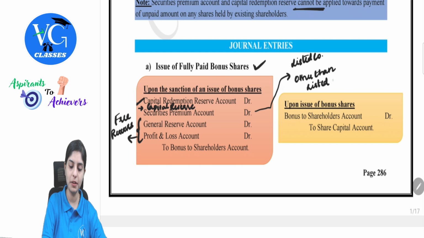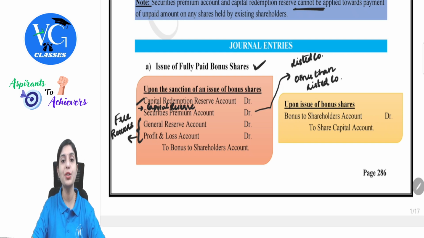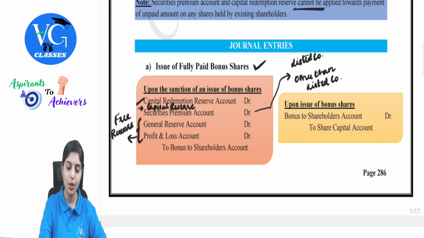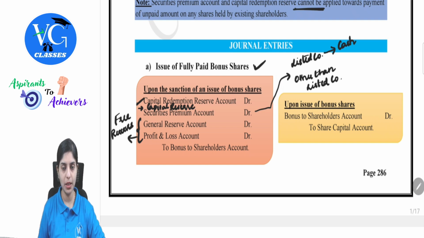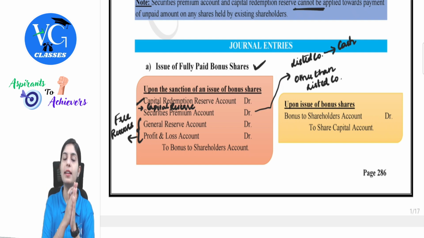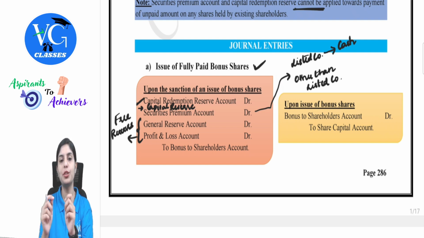There is a specific point provided if we are utilizing securities premium account balance as a listed company. The specification mentioned here is you can only utilize the amount collected in cash. That means whatever is sitting in the securities premium account, there is a partial amount collected in cash and other than cash. So for the purpose of bonus issue, if it is done by a listed company, we can only utilize that which is collected in cash. This is a specific point.